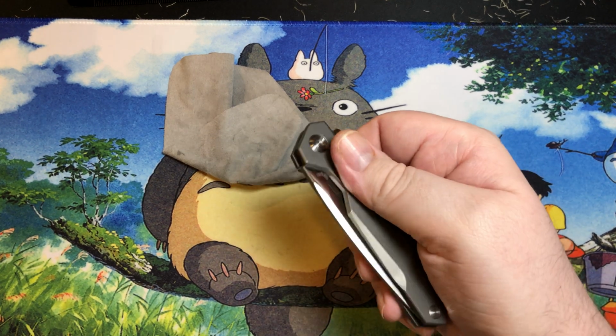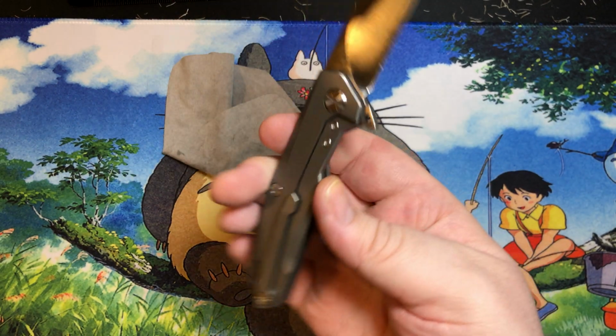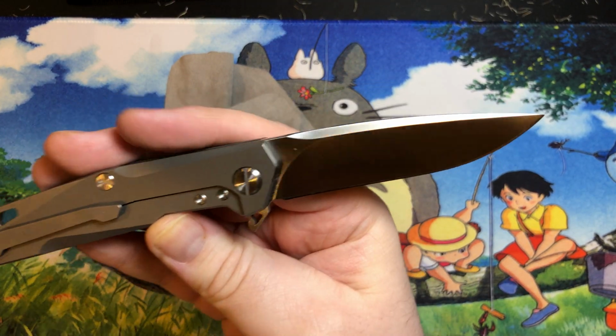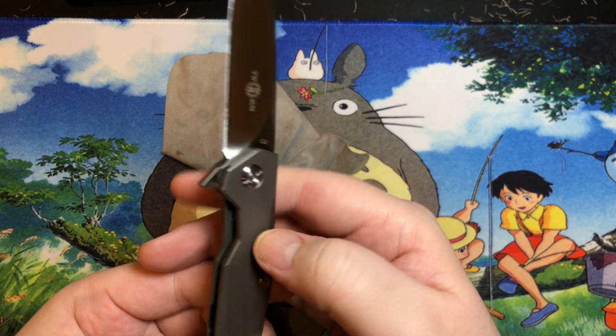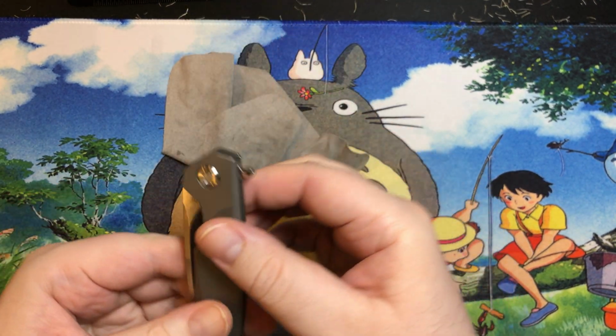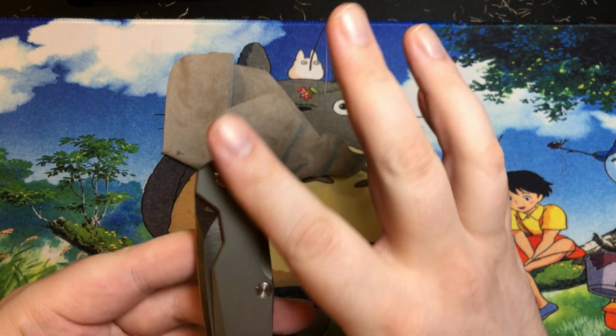Hey, look, it's a TwoSun. Yeah, I bet you could have never guessed that. Alrighty, yep, this is another TwoSun for TwoSun Tuesday. This one's a nice titanium model. This is fairly old in design. This is the TS21,